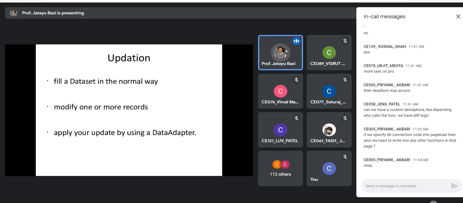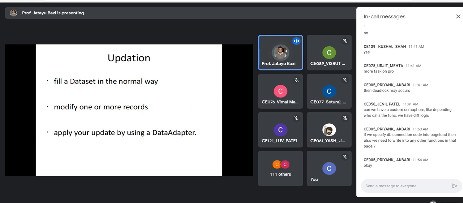You are not supposed to write actual queries. But internally, ASP.NET will translate your call into the equivalent query that is either done using this direct approach or disconnected approach.